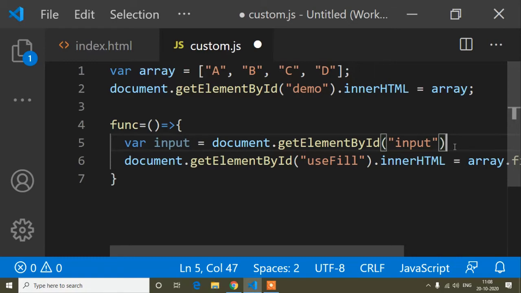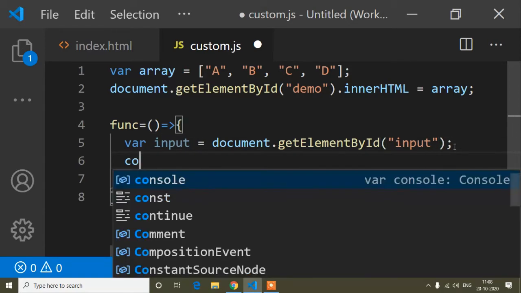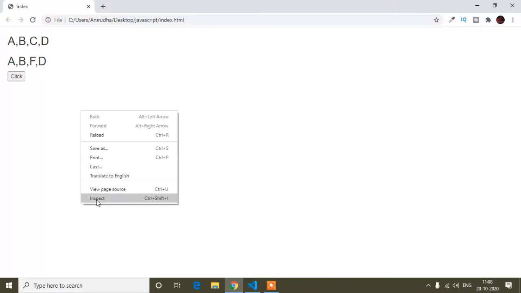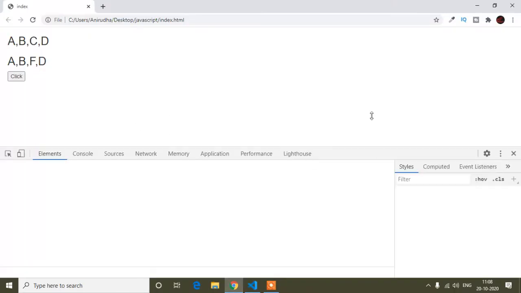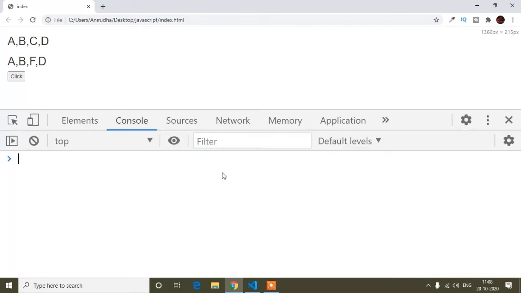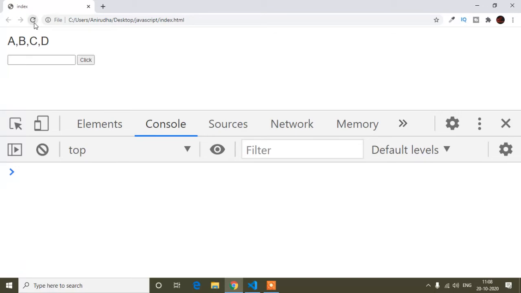So now if I write console.log, suppose I want to print this variable in the console, let's see what I will get. I will open the developer tool in the console and zoom it up a little bit, and refresh.